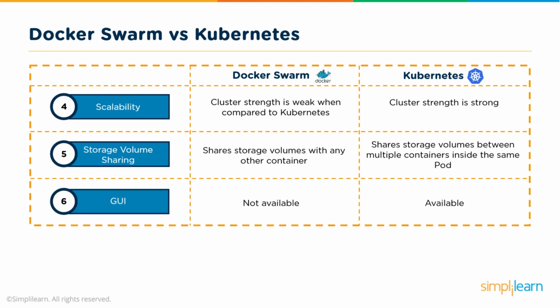GUI. So there's not a good enough UI tool in Docker Swarm, at least the CE edition of it, which will allow you to get to know what is running on your containers, what is the size of the containers, what is the volume of the containers, and all that stuff. There are some free and open source tools like Portainer, which gives you a good visibility into your running Docker containers. However, there's nothing at a swarm level that is provided by Docker.